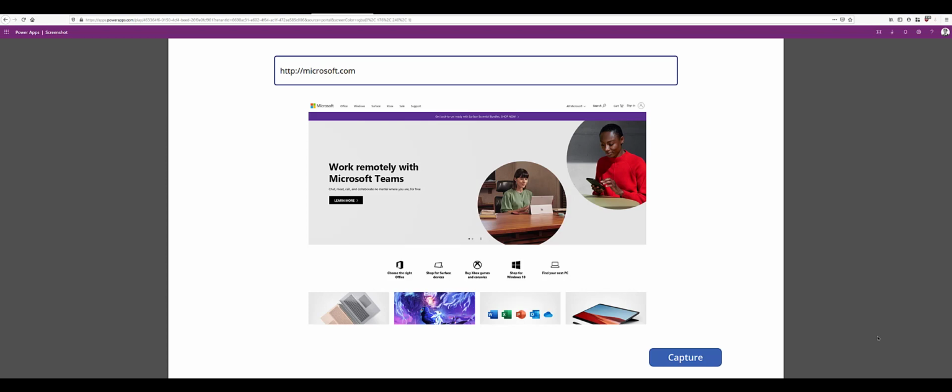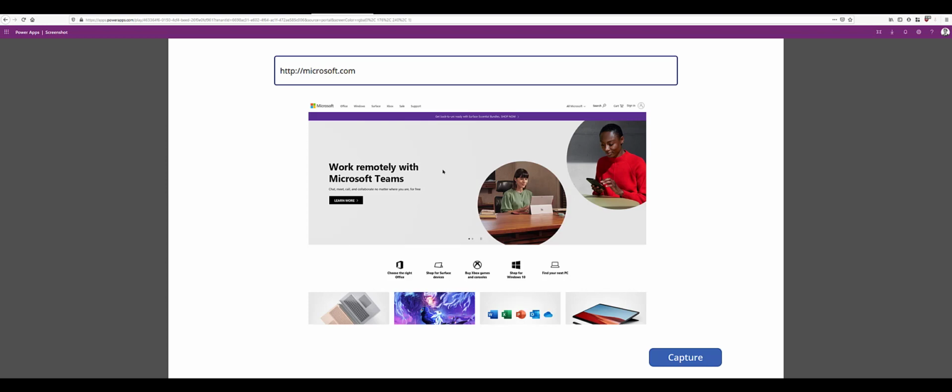Hi, this is Nataraj. In this video, I will show you how to use Azure Function to build a Canvas app that does one thing, that is just to take a screenshot of any arbitrary site. So this is a contrived example, but what I wanted to demonstrate in this video is how you can connect